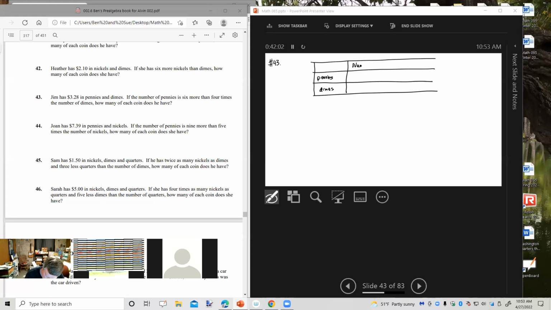And the number of and the total value in cents. So Jim has $3.28 in pennies and dimes. If the number of pennies is 6 more than 4 times the number of dimes,